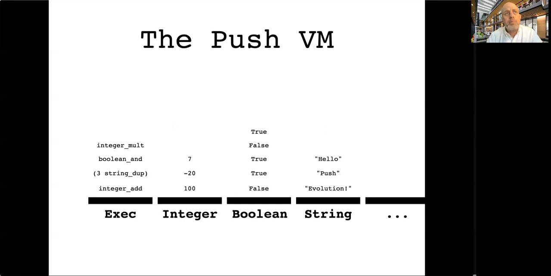So a push program gets executed on a virtual machine that consists of a set of stacks, of data stacks, one for each data type, as I mentioned earlier. However, there is one additional stack that is always there, called the Exec Stack. And the Exec Stack contains code, and it is the mechanism by which the push program is executed. So it acts in many respects just like the other stacks, except the program interpreter treats it specially in executing